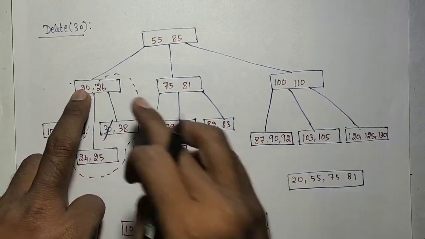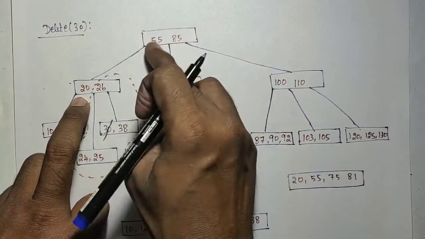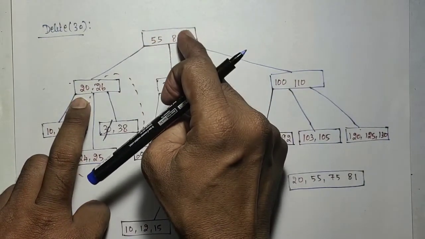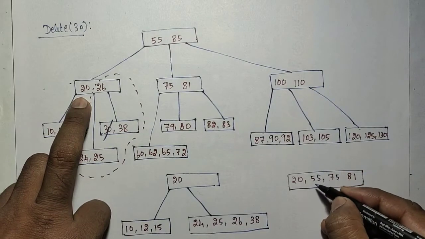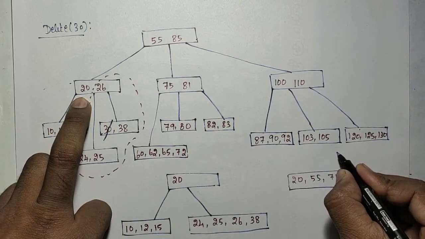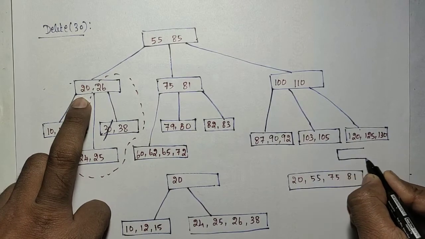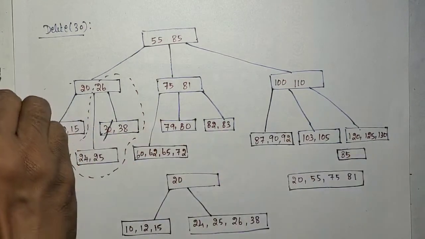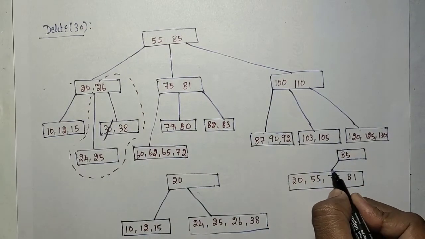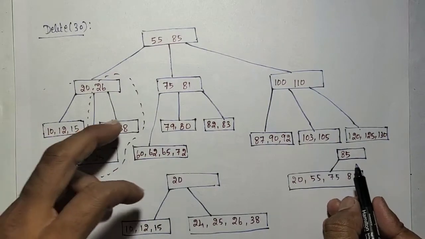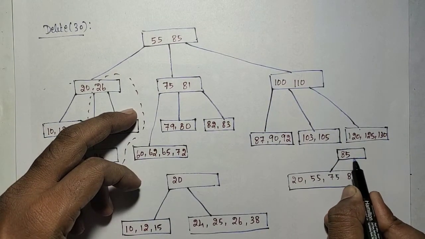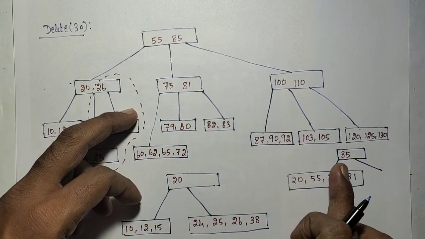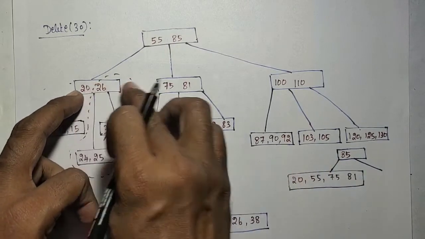Since the parent of the 20 is giving one element, I need to check for the parent. The parent has a sufficient number of elements. After 55 is moved down, the parent is having only 85, correct? So we need to check whether that parent goes underflow. Here 85 right will have that branch, which will be continued. 85 left will be this node now, that is the merged node.